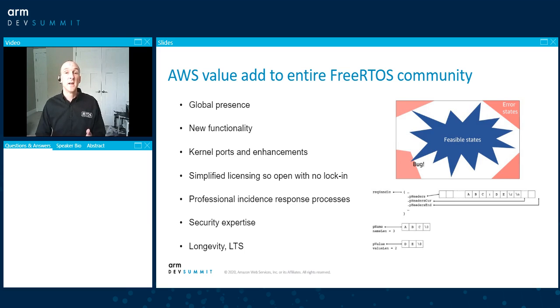FreeRTOS users are massively in unconnected use cases, but also connecting to other cloud services. And I've mentioned some of the benefits in this slide already, so I'm not going to go over those again, but I do want to mention some of the bottom ones, which are less obvious. For example, on the right-hand side here, I've stolen a few screenshots from a blog on the freertos.org site written